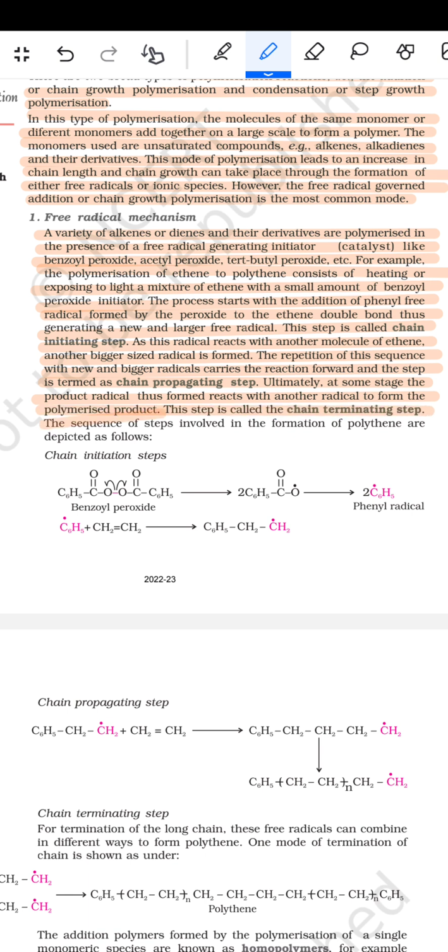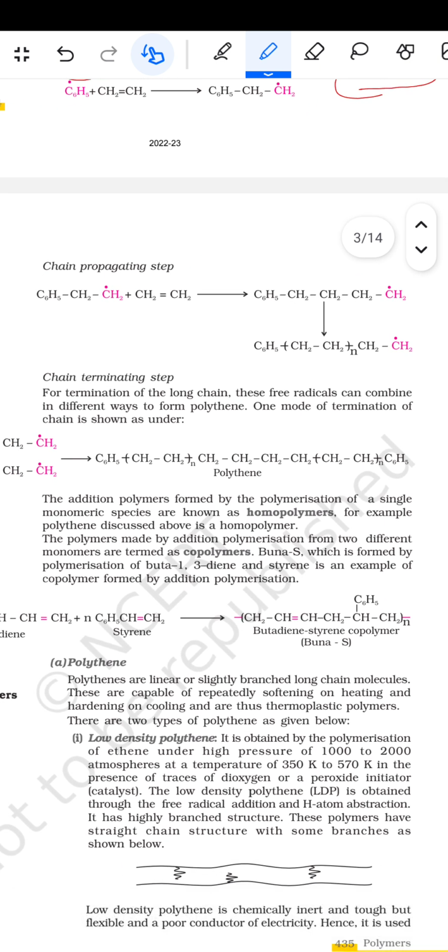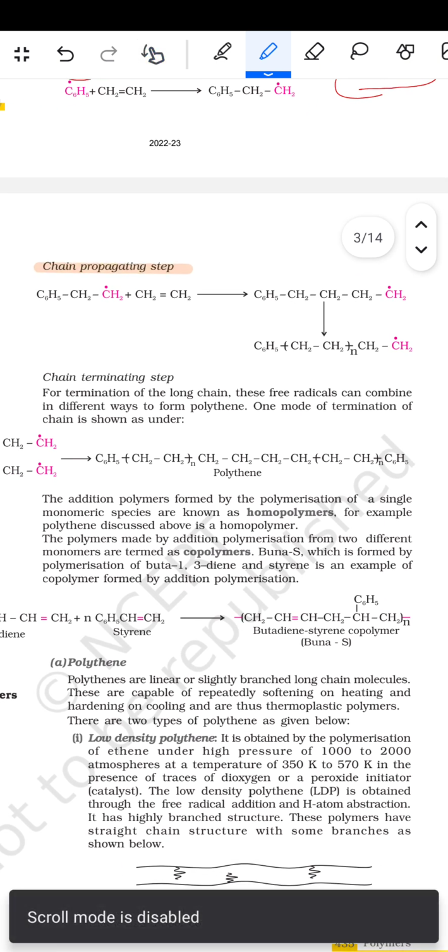The sequence of the steps involved in the formation of the polythene are depicted as follows. पहला चेन इनिशिएशन स्टेप, इसमें दिया हुआ है बेंजोइल पेरोक्साइड, ये टूट गया और फिनाइल रेडिकल बना दिया। इसके बाद फिर आता है चेन प्रोपेगेटिंग स्टेप। चेन प्रोपेगेटिंग स्टेप में दिया हुआ है ये दोनों,